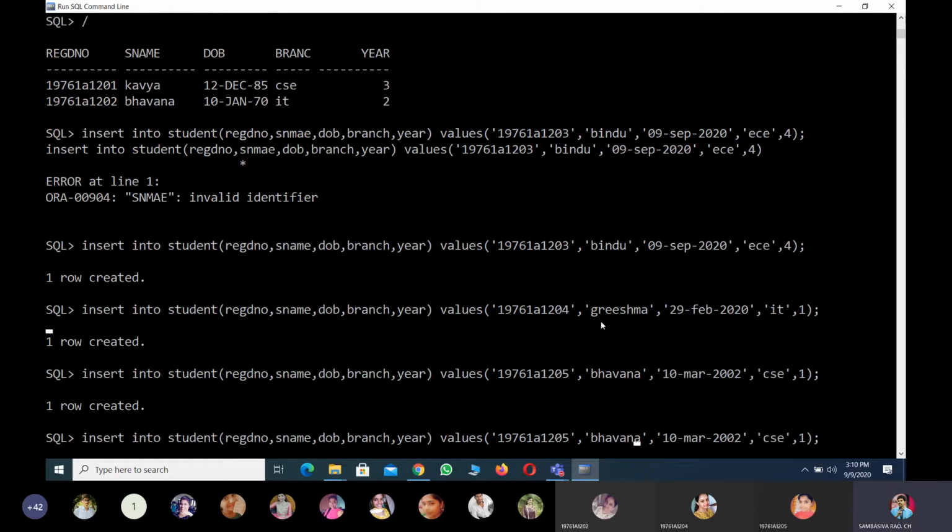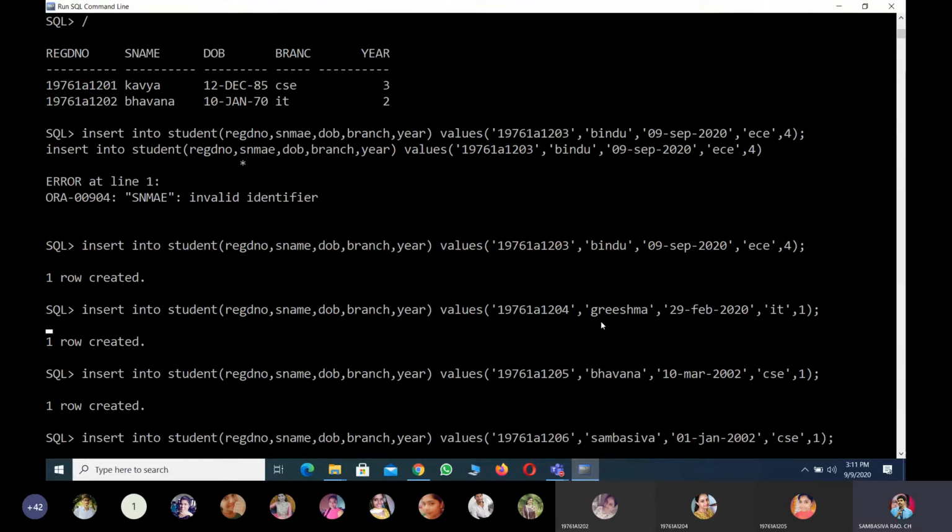I'm specifying another roll number, 1206, with my name, specifying the student name with my name. The student date of birth here I'm taking as January 1st. So this is the last record.